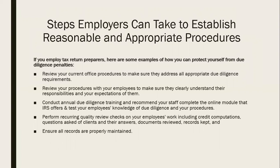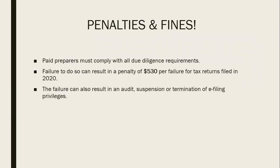You would want to also conduct annual due diligence training and recommend your staff to complete the online module that the IRS offers. And also just test their knowledge and your procedures to make sure that they are retaining the information as they should. You want to also perform recurring quality review checks on your employees' work, including but not limited to the credit computations, documents reviewed, the different records kept, and you always want to ensure that all records are properly maintained. Because if you do not, or you are just an independent tax practitioner,